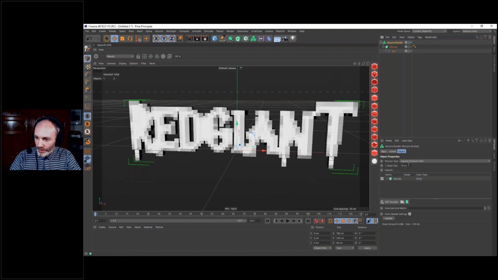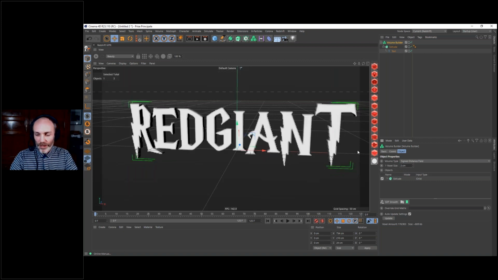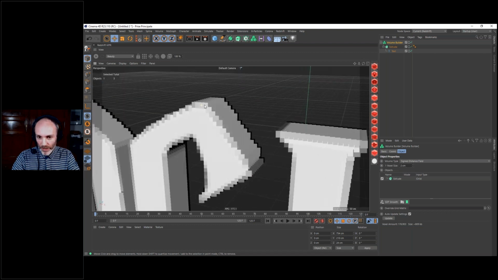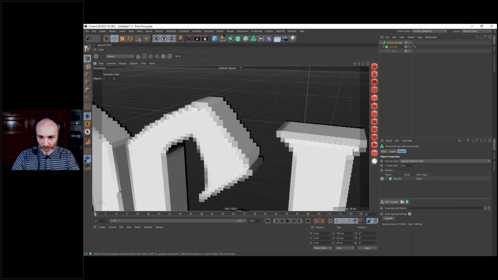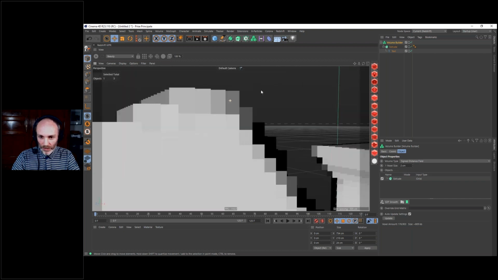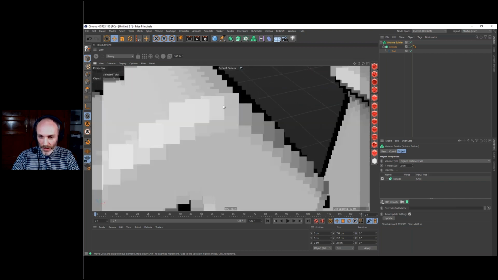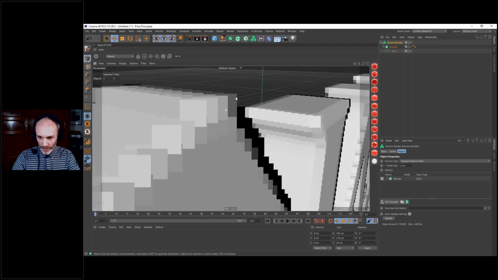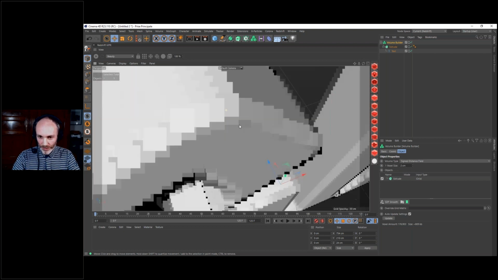And here, I'm going to change my volume builder and change the voxel size to something much narrower. About the voxel, very quickly, for those who don't know what a voxel is: a voxel is a kind of 2D pixel. You can see it here. If I zoom in very close, we can see here some squares just following us. They are always facing us. And those are the voxels.